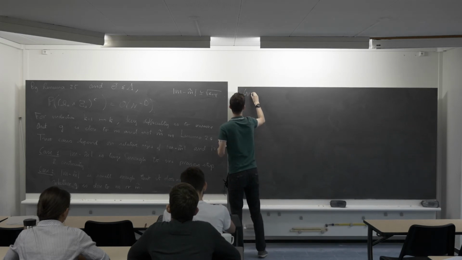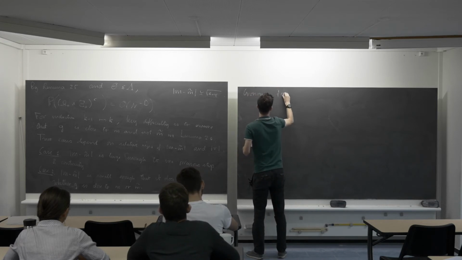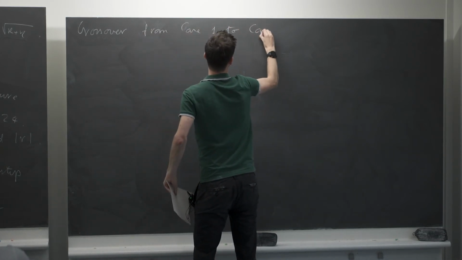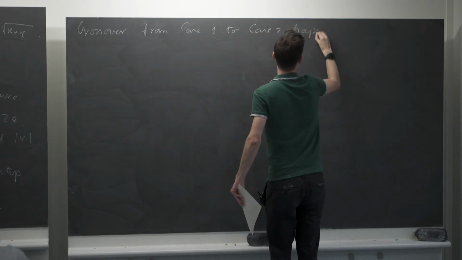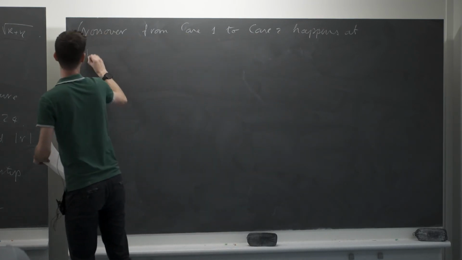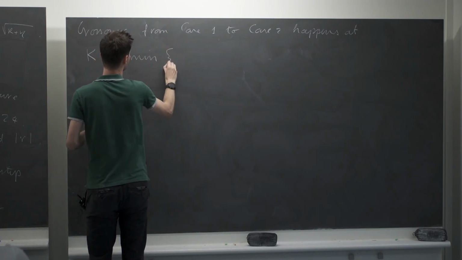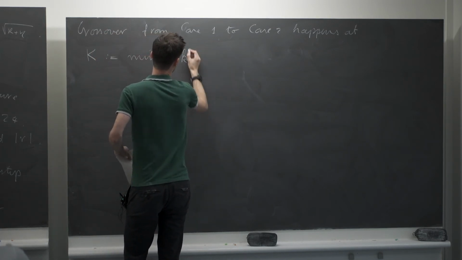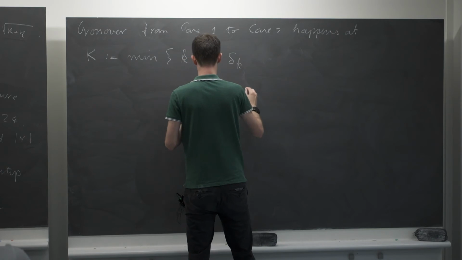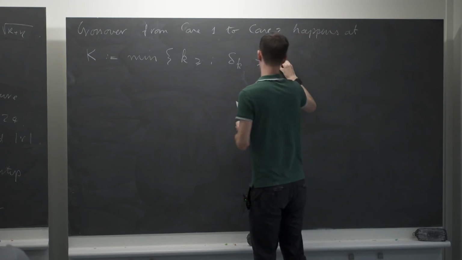So the crossover happens at this capital K, which is the minimal K such that the error delta K